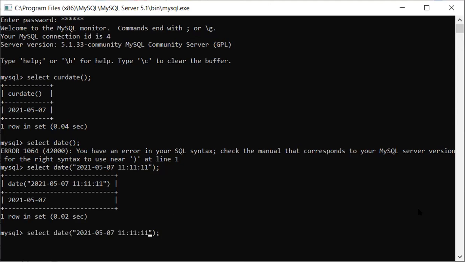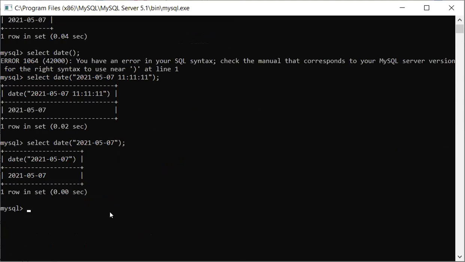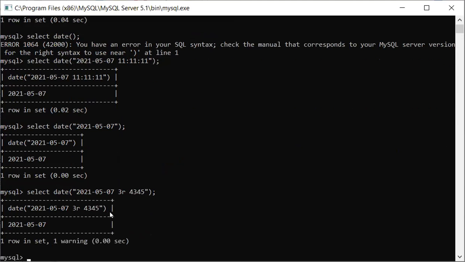Suppose we are making any change. If you are giving a date, it is going to fetch the date also from the date time. If you are giving something different, for example, any values randomly, in that particular case also this function is going to extract the initial values.